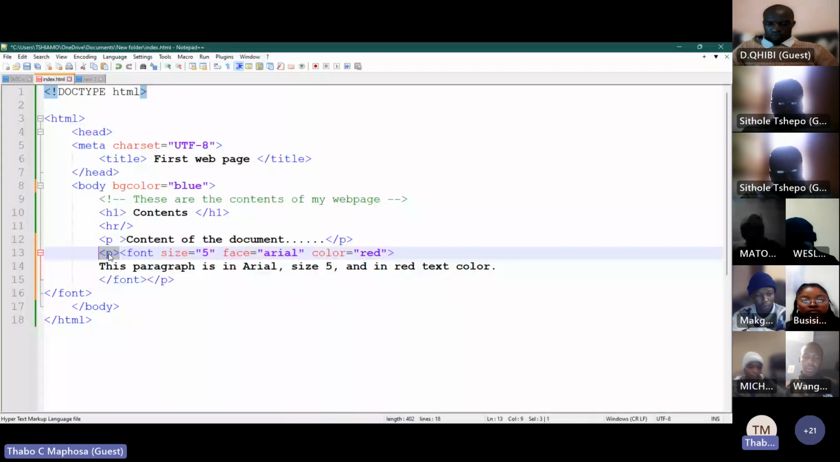this paragraph tag that we have here, that opens here and closes there, I added a font tag, and then I said the size of the font is size 5. And then the face is called Arial, which is the name of the font. And then the color of that particular font is going to be red. You see that? And then I close that font tag there. So this particular font only applies to this particular paragraph, but that one here is going to remain